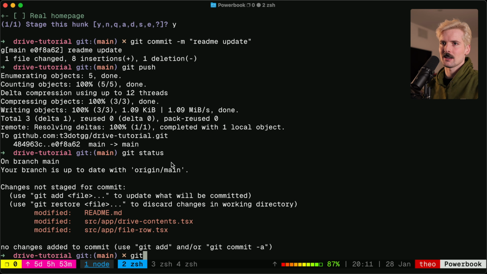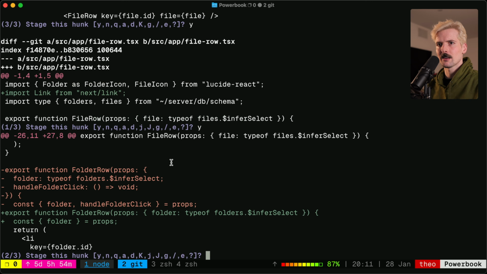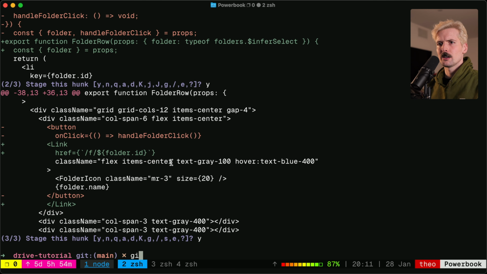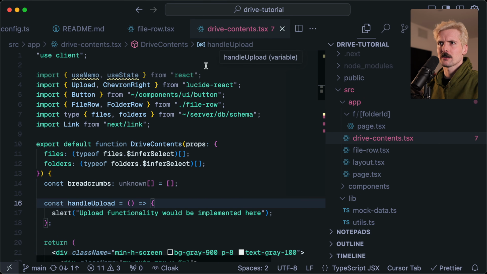Git status, git add -p. Yes, yes, yes, yes. All looking good. Commit this as "move off client state and use real links for navigation." Cool. We'll push just to get that up on the server, but we want to actually get our work done